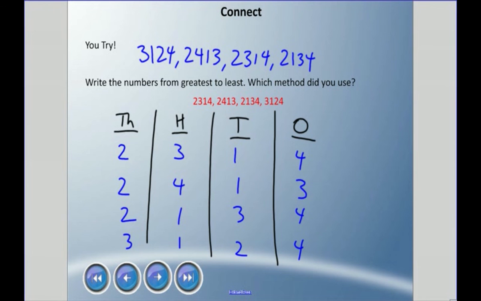Again, we can see that this is number 1. These ones are all tied in here. So I look at the hundreds, and that means this 4 is greater, then this 3 is greater, so that's third, and then this 1, which is 4th. Okay, and then the other method that we looked at was